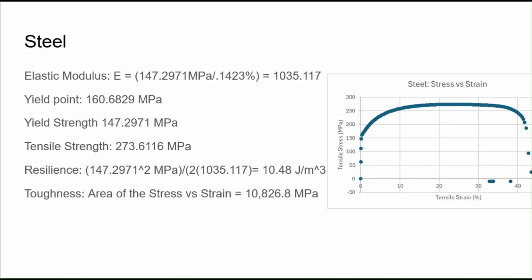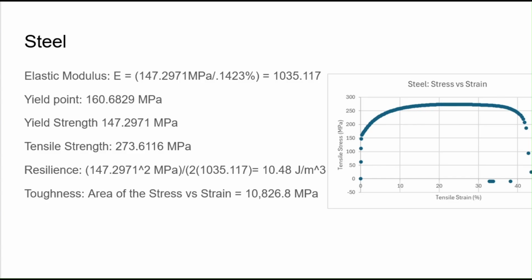Our last metal is steel. The elastic modulus equals the yield strength of 147.2971 megapascal all over 0.1423%, which comes out to 1035.117. Our yield point for steel was 160.6829 megapascal. Again, our yield strength for steel was 147.2971 megapascal. The tensile strength of this steel was 273.9